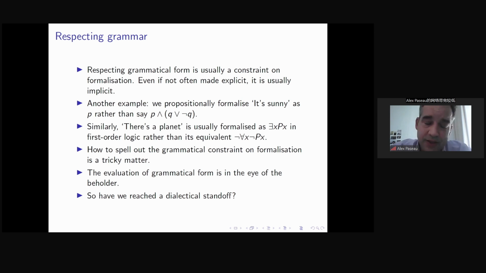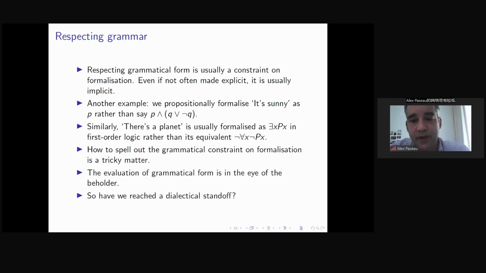How to spell out this grammatical constraint, however, on formalization, is a tricky matter. Suppose that you come to your natural language sentences wearing first order logic glasses, then you will see a particular kind of grammatical form. Whereas if you come to it wearing propositional glasses, you will see a different form. If you're a linguist who thinks about syntax, and you're in a particular kind of research program, you will see another logical grammatical form. And if you're another kind of linguist, in a different kind of research program in linguistics, you will see some yet further grammatical form. So the evaluation of grammatical form, I think, is very much in the eye of the